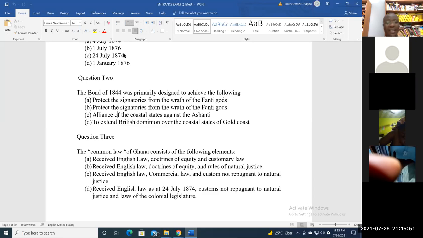Of course, the alliance of the coastals against Ashanti was secondary, but not the primary purpose of the Bond of 1844, as it were. And if you read the literature, the various